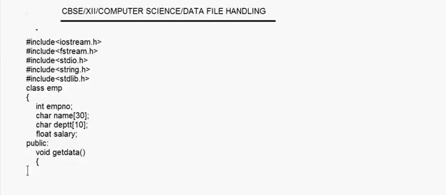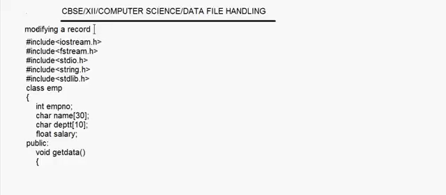Today I'm going to take up data file handling, and let's do the topic of modifying a record in this. So till now we have seen how to read a record from a file, how to write a record, how to search for a record, how to delete a record. The only operation that is left now is how to modify an existing record in a file.